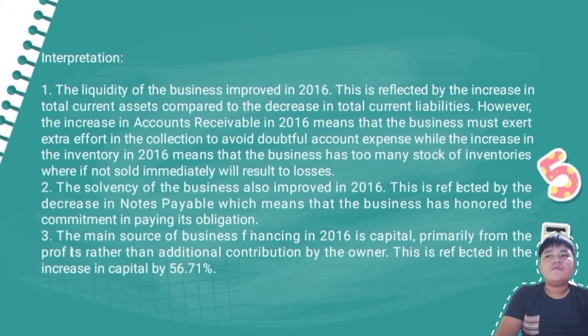Second, the solvency of the business also improved in 2016. This is reflected by the decrease in notes payable, which means that the business has honored the commitment in paying its obligation. And lastly, the main source of business financing in 2016 is capital, primarily from the profits rather than additional contribution by the owner. This is reflected in the increase in capital by